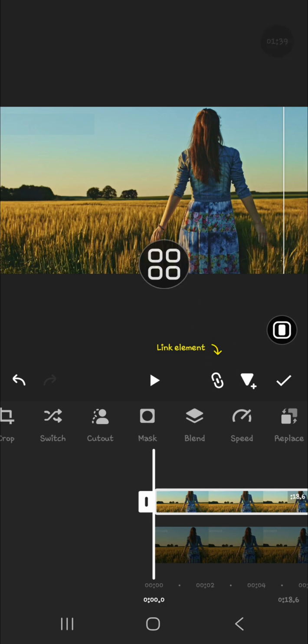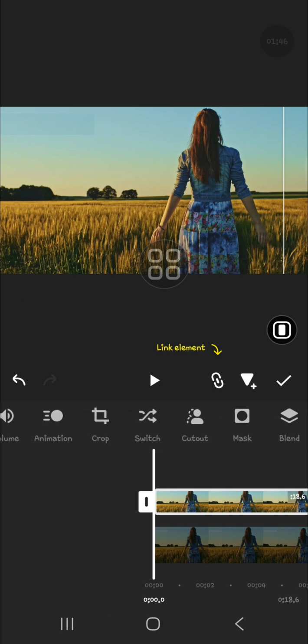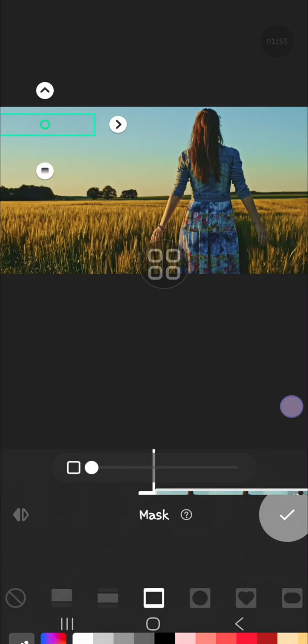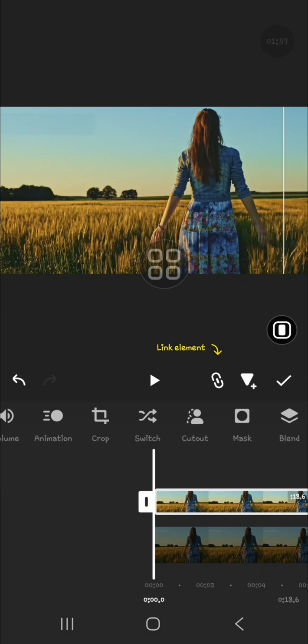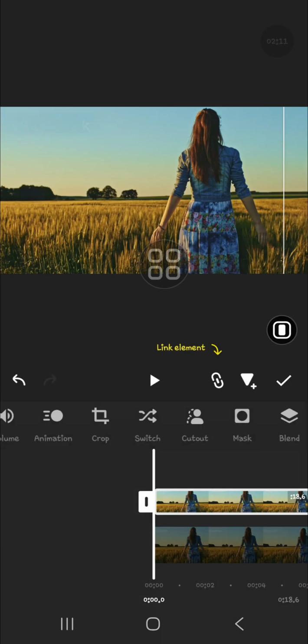To make it look more natural, you can use the mask feather, go back to the mask, and you're going to click on this icon to adjust the feather. And let's see, it looks better, right? Well, let me adjust it again. Okay, and I'm going to apply